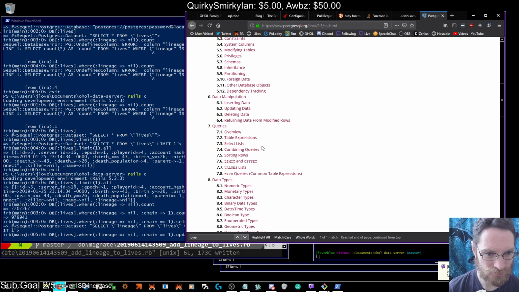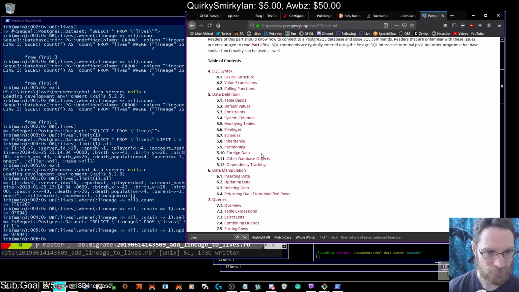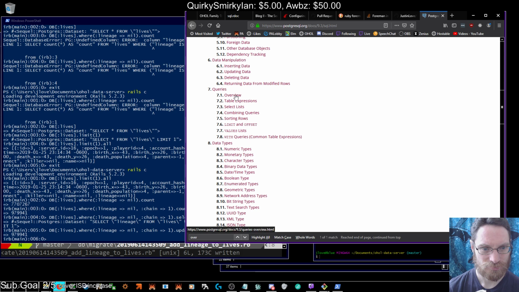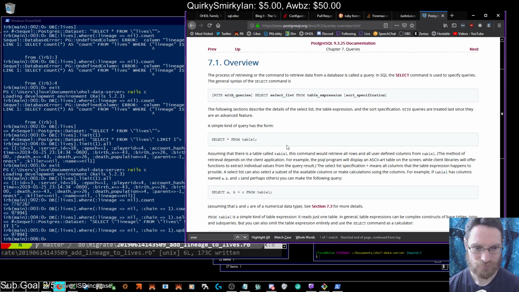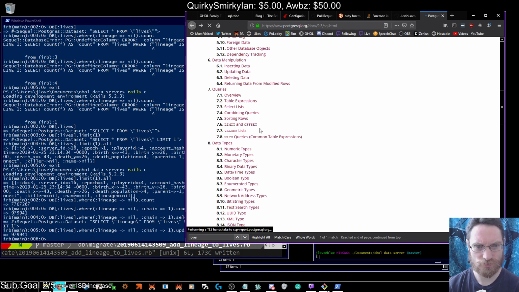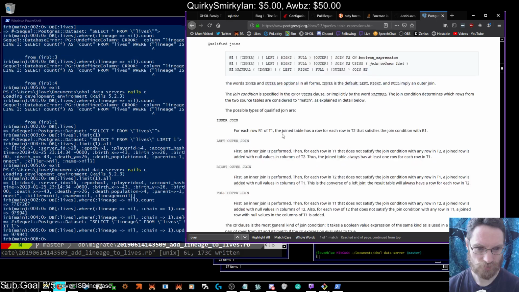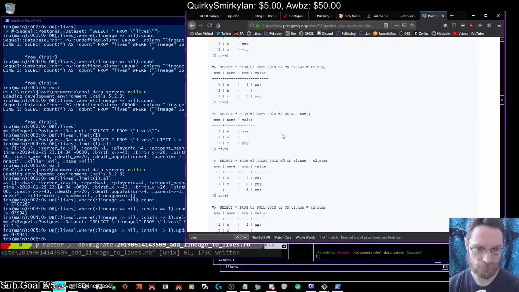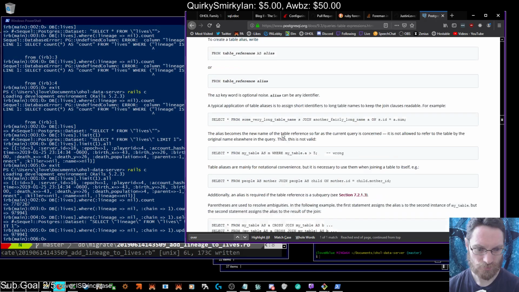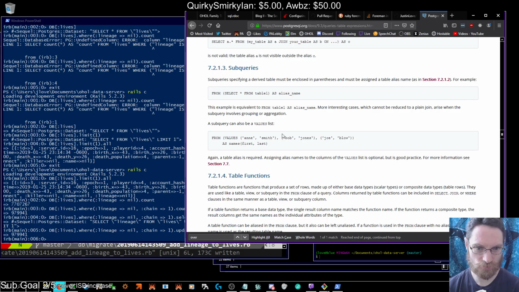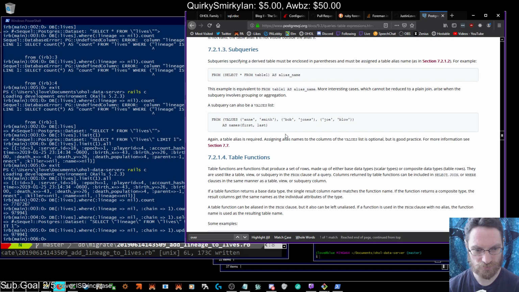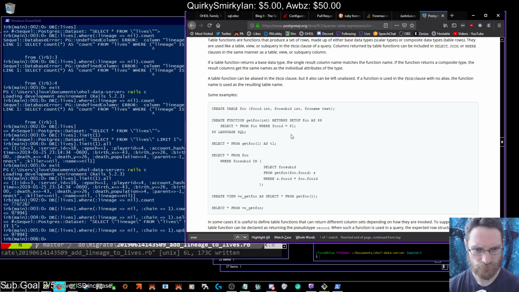Combining queries. From table expression. So it would normally be select from sort specification. So that sounds like a table expression. From joined tables, inner join, outer join, table and column aliases, subqueries, from select star from table as alias name, table functions,